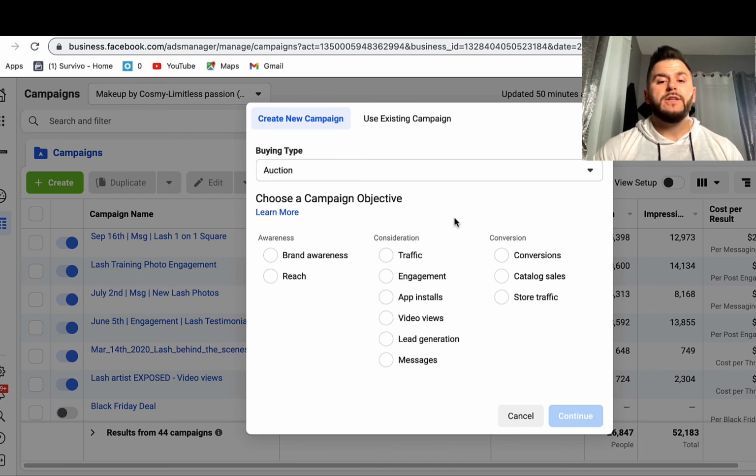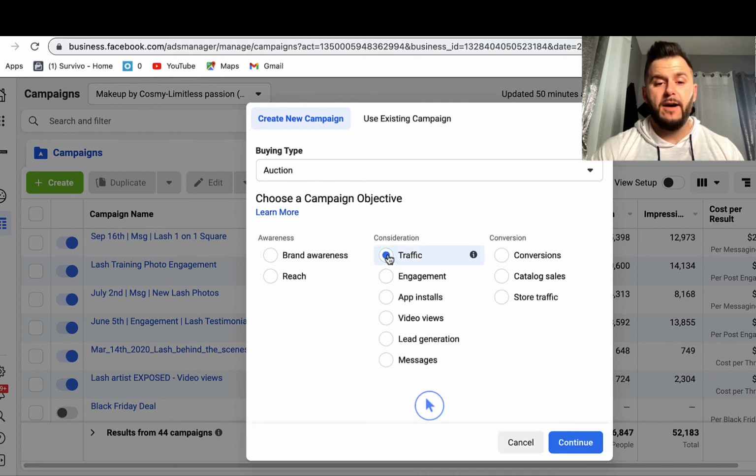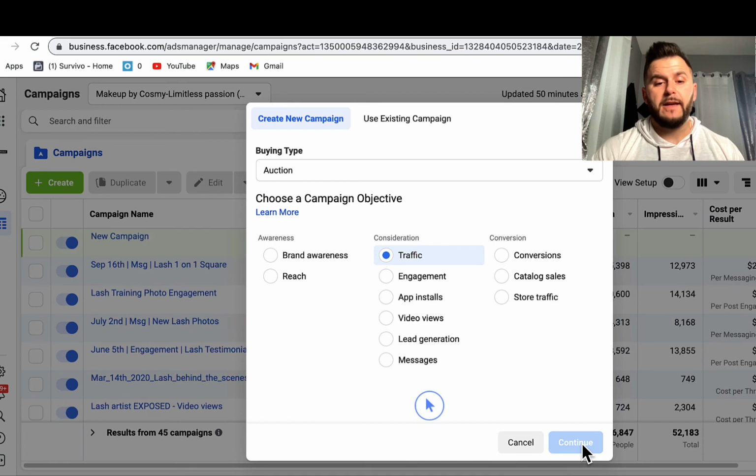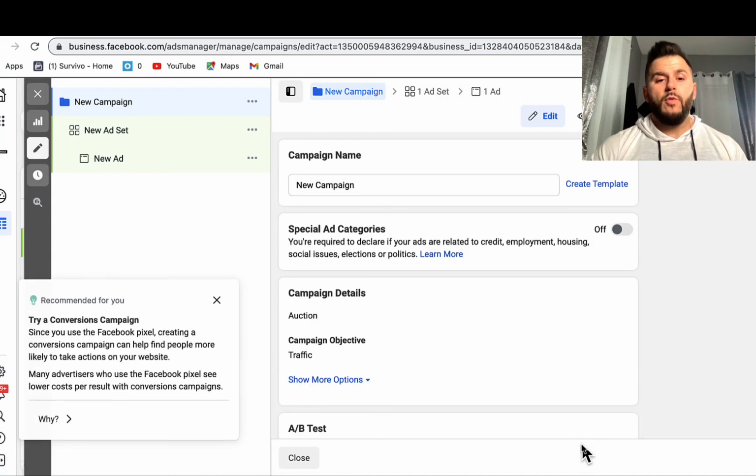All right. So just to make things a little bit simple for the purpose of this training, we're going to go with traffic now, just so we don't have to create a conversion right now. But let's assume we hit traffic. So now we get to